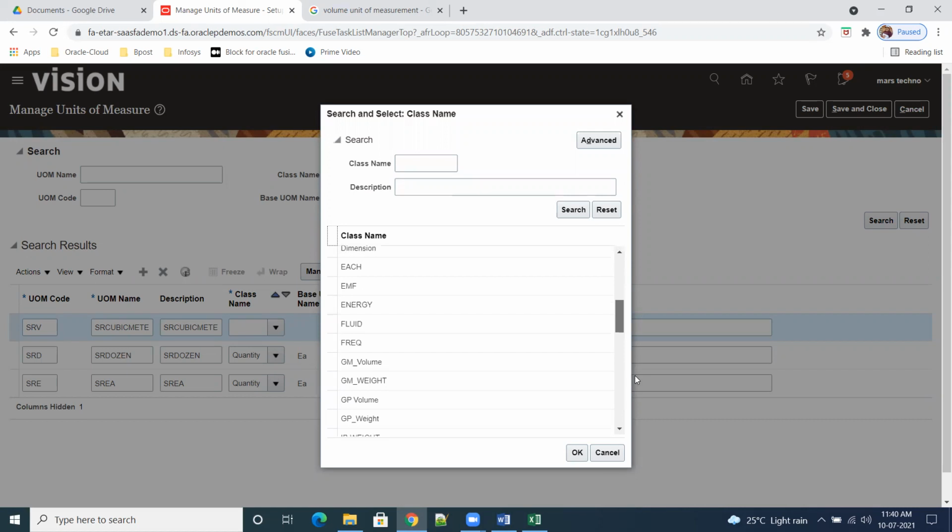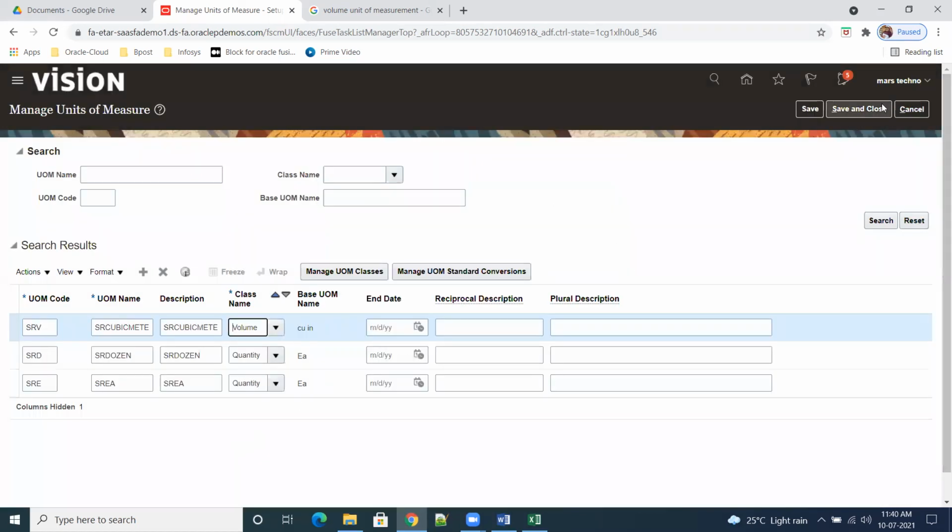So if you want to create your own class, that also can be created. We have a separate task for that. We can create your own class also. Let it be a smaller one. Okay, so that is enough.